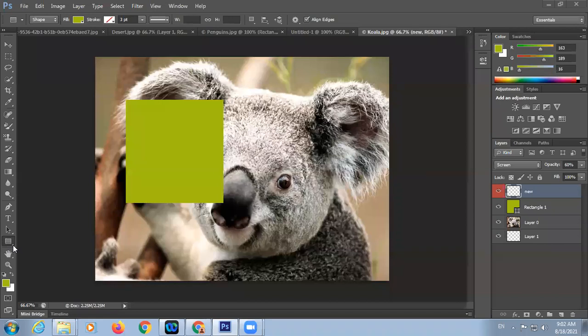First let me complete this. So this is how you can add a new layer. You will have to click on layer, click on new, click on layer. New layer dialog box will be there. Define the name and the color and click on OK button. In this way, you can insert a new layer. But in case you want to rename, look at here. If you have any layer and you want to rename it, okay? Then you will have to double click on the layer name and type the new name. Okay? Concept is clear? Yes.